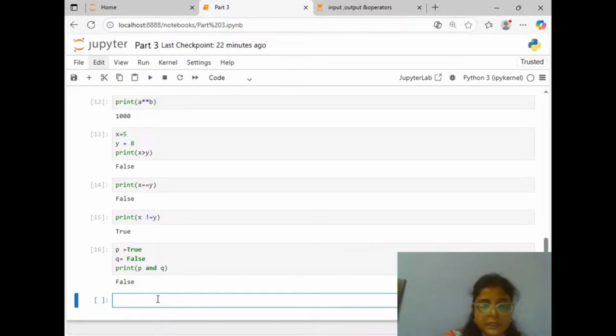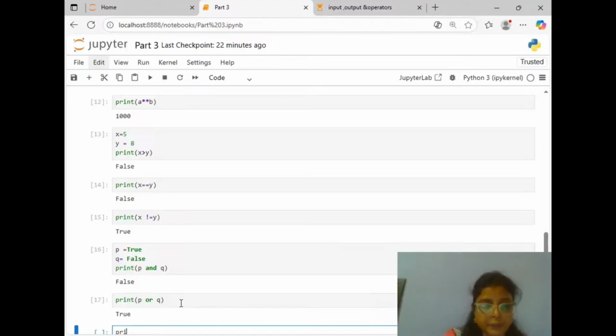Then print P or Q. Here we are using the logical operator OR. For OR, either one of the values is true. So P is true and Q is false, so we will get our output true.